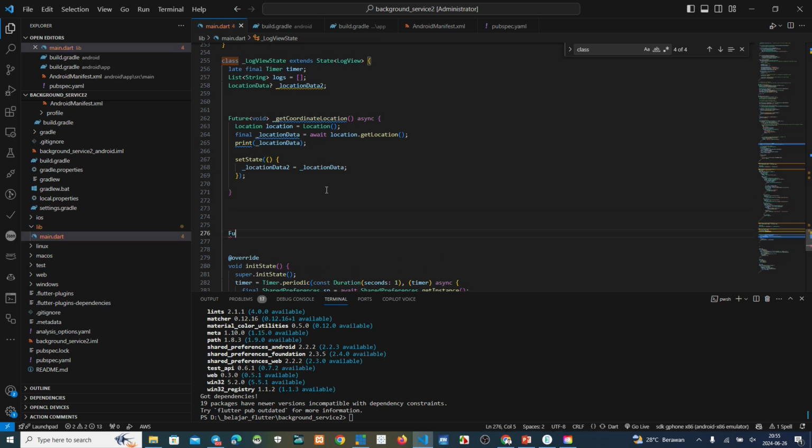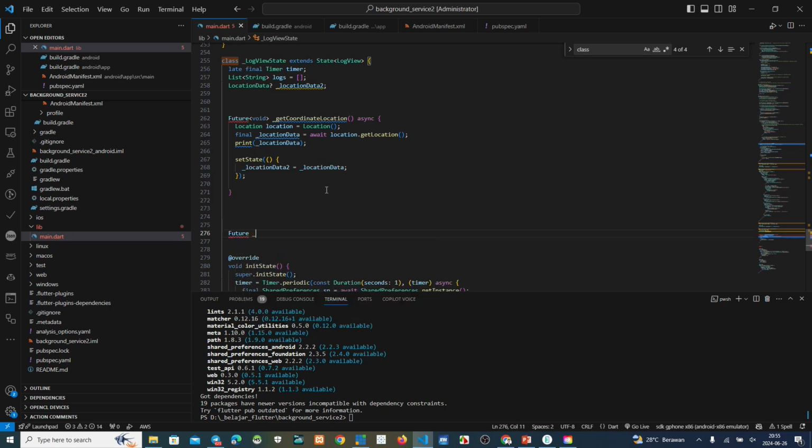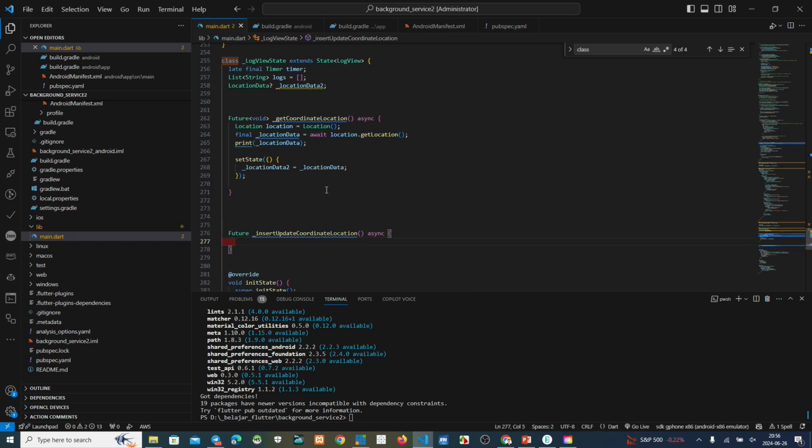Okay, future, we make a function, asynchronous function. Insert and also update. This is just a name, coordinate location, async. Okay.